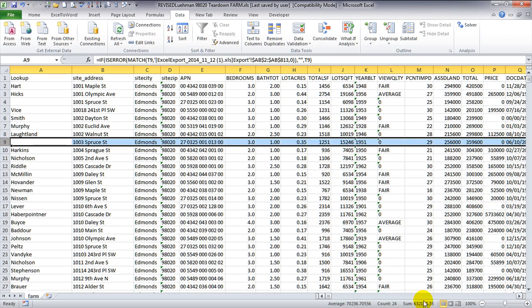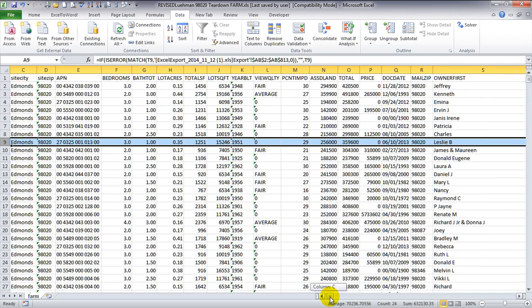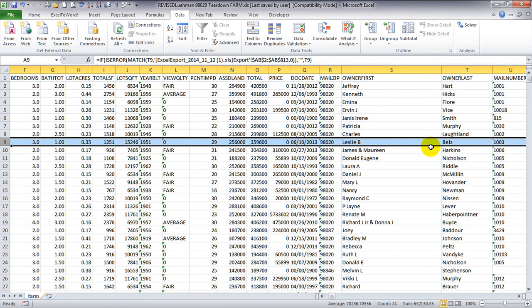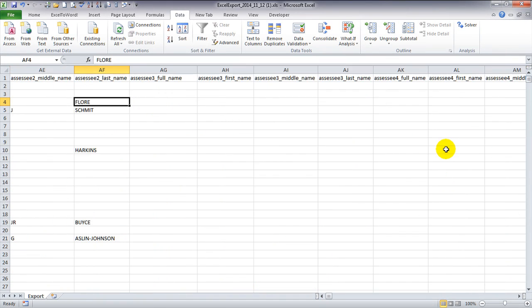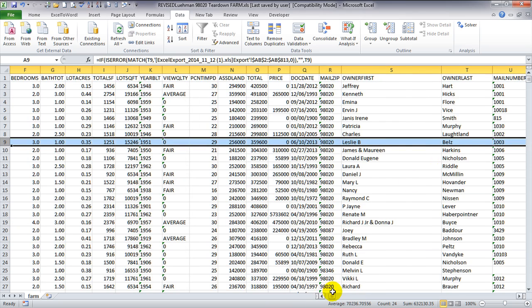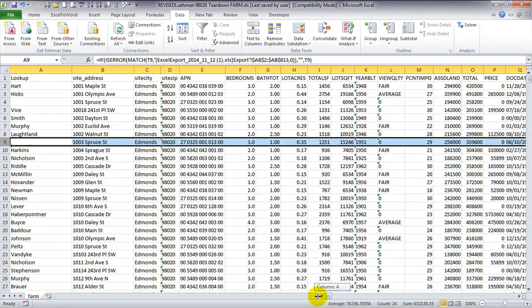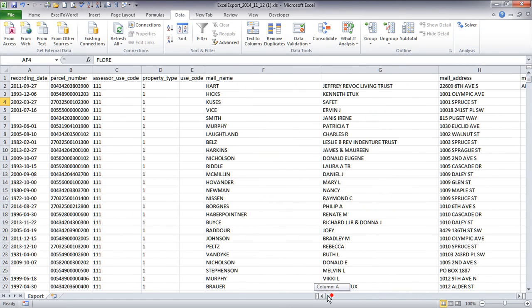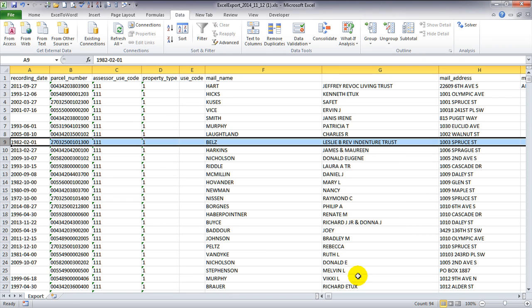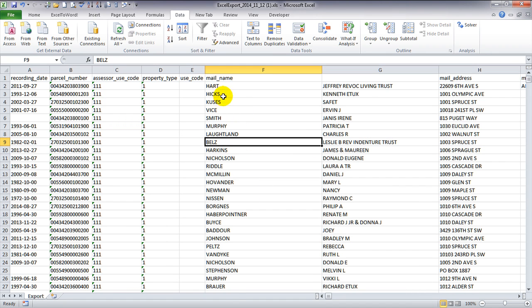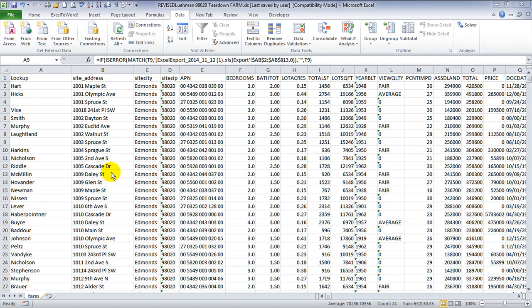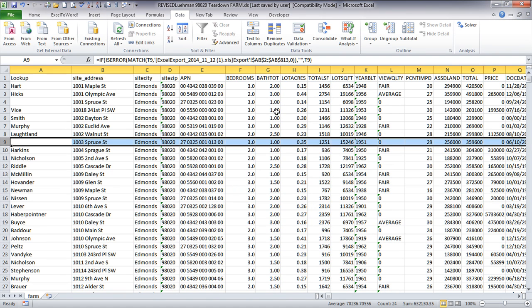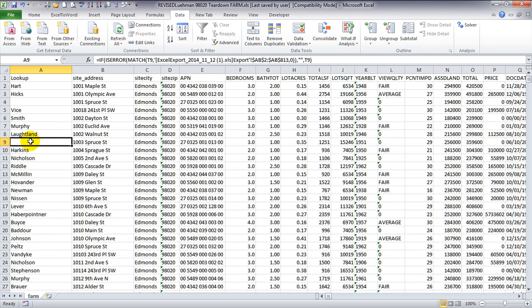This one here, again, this is the primary file, and we're looking at the owner's last name, which is Bells, and this is under which property address? 1003 Spruce Street. So I'm going to go in here, this is the secondary file, to 1003 Spruce Street, which is this row here, and it's Bells right there. So it should be showing that it is correct,